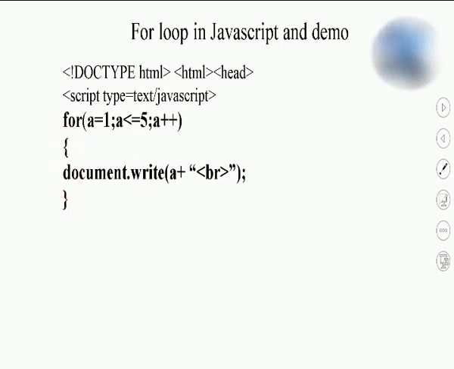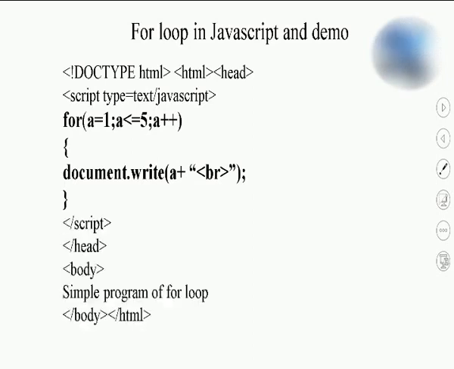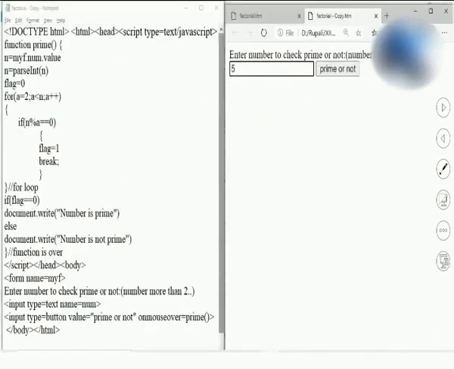Students, if I don't write this curly bracket, it will still work because there is only one statement inside this for loop. If there is more than one statement inside the for loop, you need to write down the curly bracket. Then that is a must. Here let us see the next one. Here it is the simple for program.